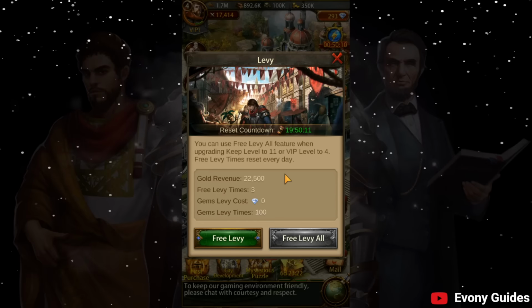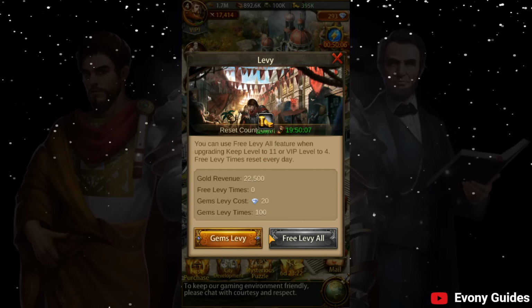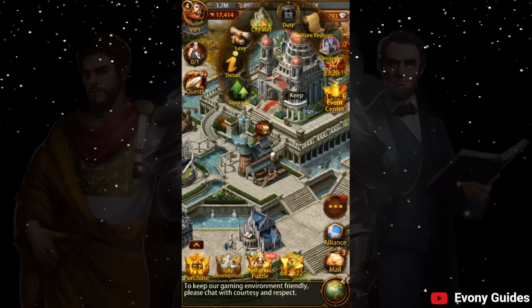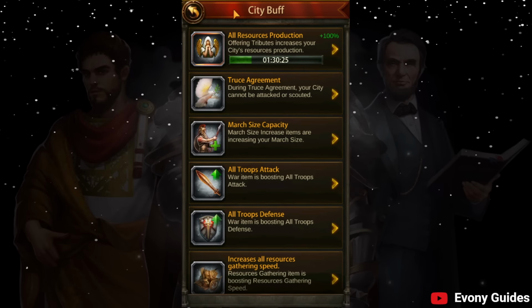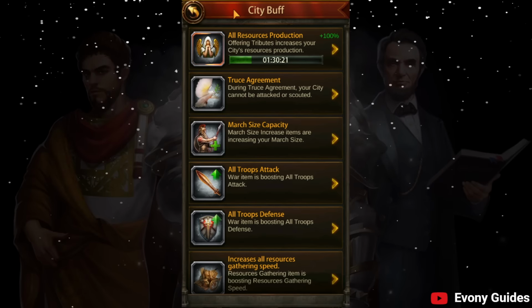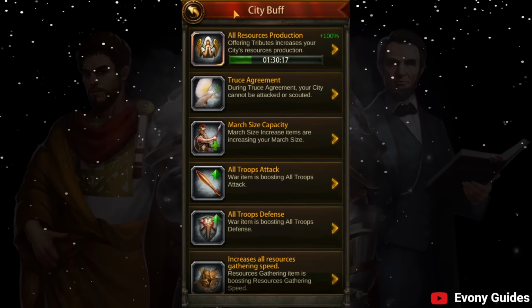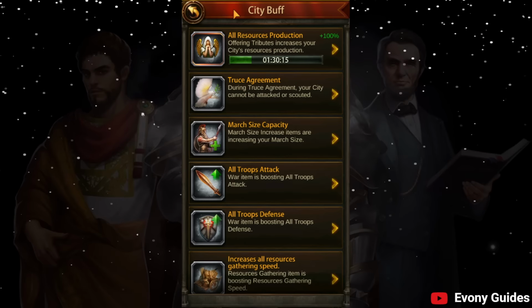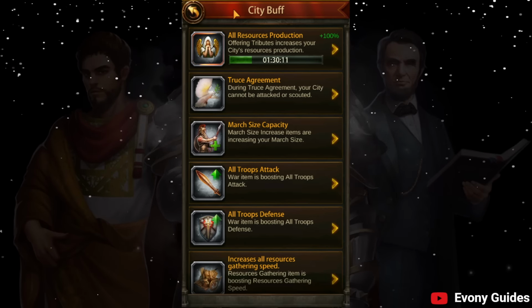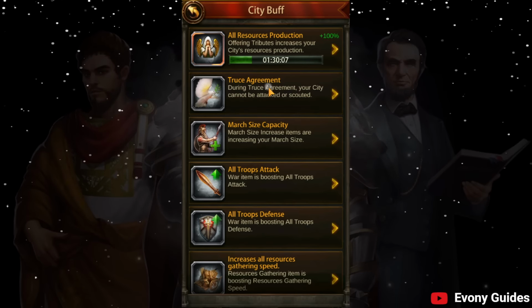Inside your keep you can levy gold. You get a number of free ones per day, and with gems you can levy additional times. Also in the keep you have city buffs. Make sure you gather gems on the world map. You complete daily activities in the tavern. You do world boss, you do undead invasion with your alliance, compete in many of the other monarch events, and there's a few other ways of earning gems. By doing that, you're going to be able to earn enough gems to